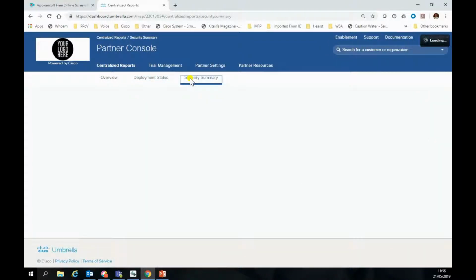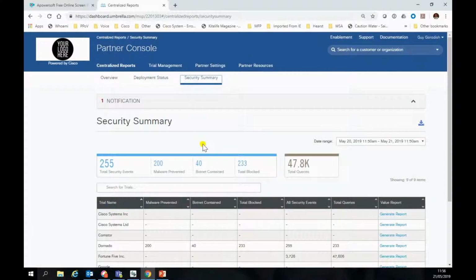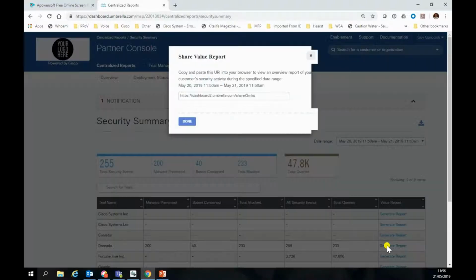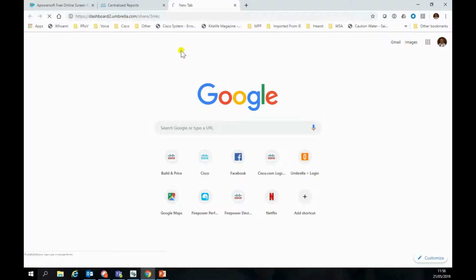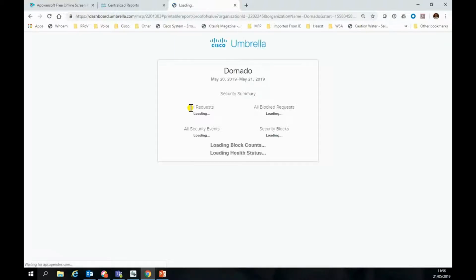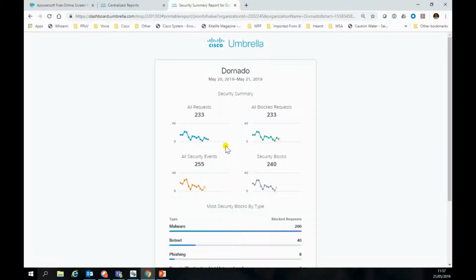Security summary gives you the overview, and the key thing to note here is this report they were able to generate. Even if the end user does not give you access to the dashboard, you'll be able to generate this report. If I just copy that and pop it into a browser, you'll see then the one-page report that is generated,